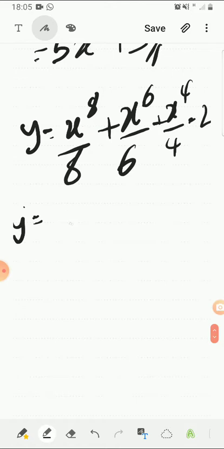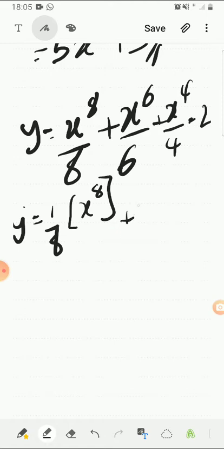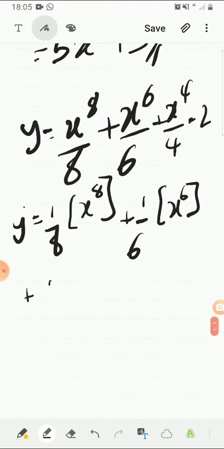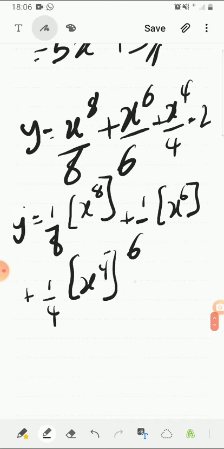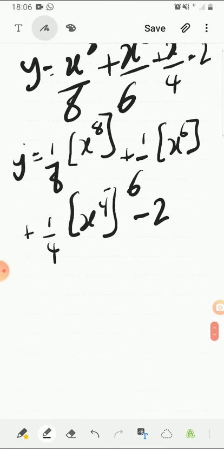So you can see that this whole x raised to the power of 8 over 8 can be written as 1 all over 8, into bracket x raised to the power of 8, plus 1 all over 6 bracket x raised to the power of 6, plus 1 all over 4 bracket x raised to the power of 4, minus 2. Alright, so when you find the derivative of x in the brackets now,